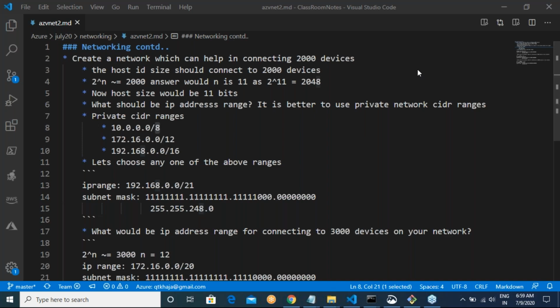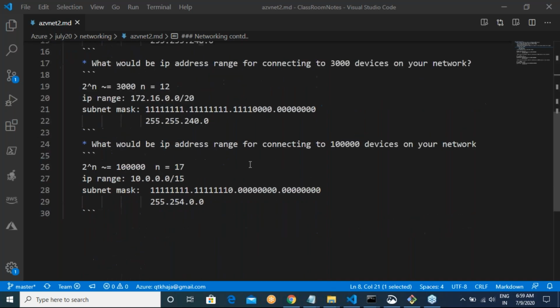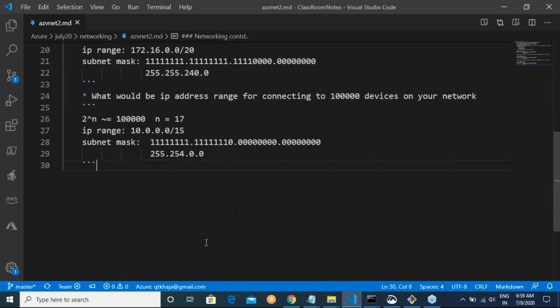Yes. Good, sir. Now if given a size, we all know how to choose a network now. Generally, we would not work with one complete network.